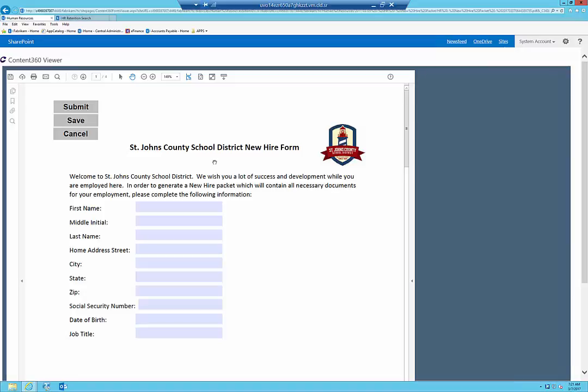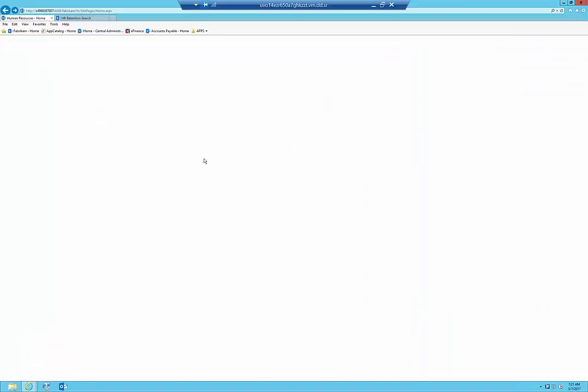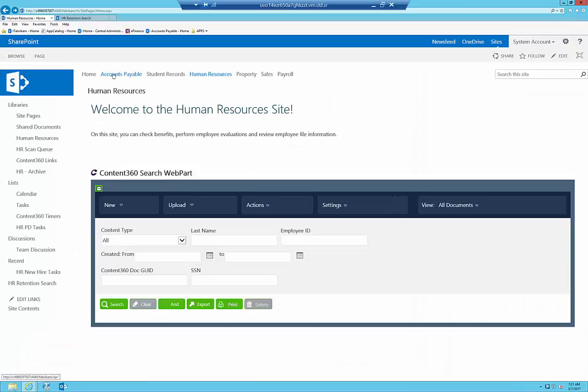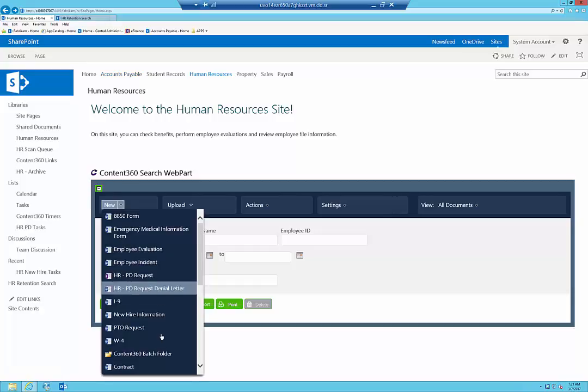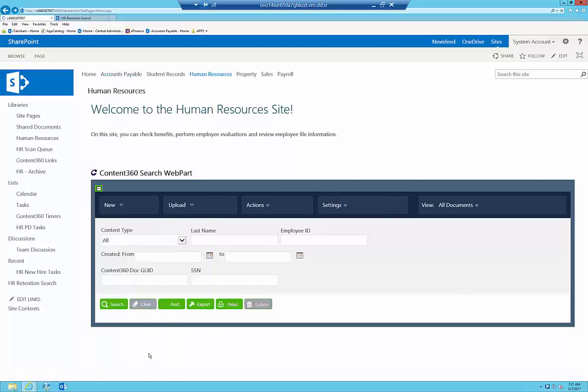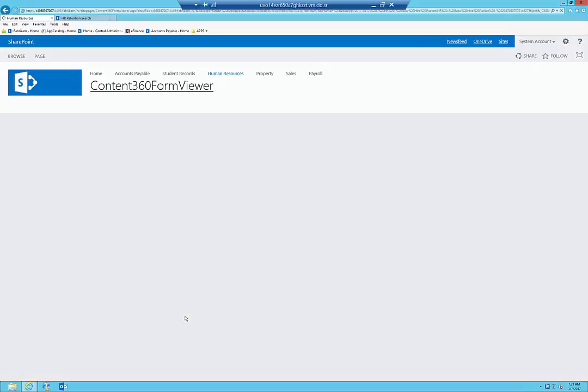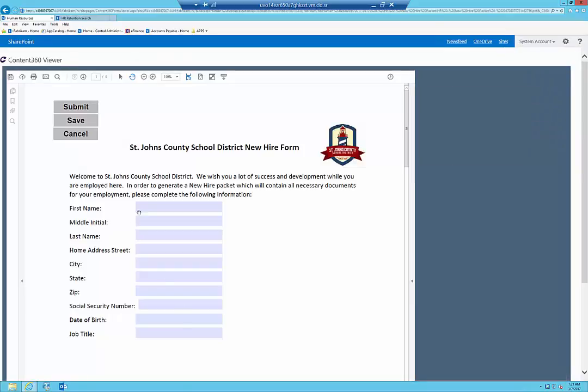So one of the things we're piloting with St. Johns County is the ability to use data that we're capturing on a generic sheet and then populating additional forms with that information. So I'm going to grab a seat and show you what this looks like. So inside of the form, we're going to have what we're calling a new hire packet. And again, this is a sample document. I can type in my information,